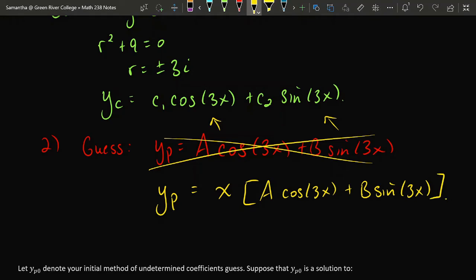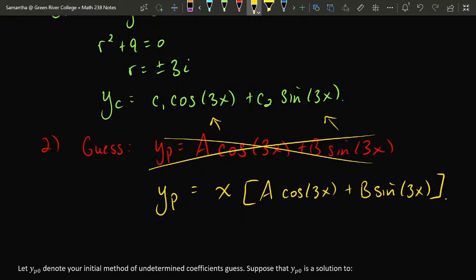Then we would have to go through the hassle of finding yp single prime and finding yp double prime, being very careful at each stage to make sure that we're using product rule and chain rule correctly. So there would be a lot of work to do in those steps, and lots of opportunity to make mistakes. So instead of doing all of that process, let me go ahead and show you a shortcut method which uses